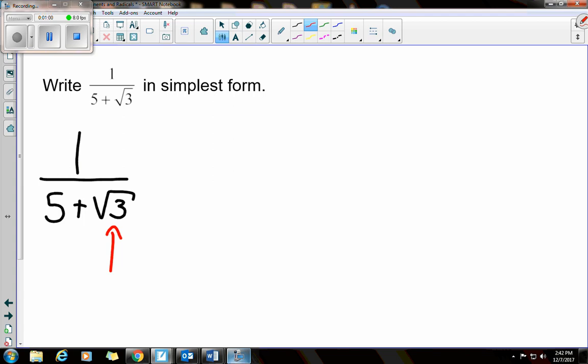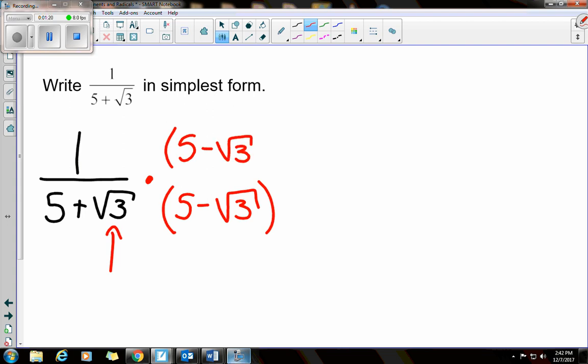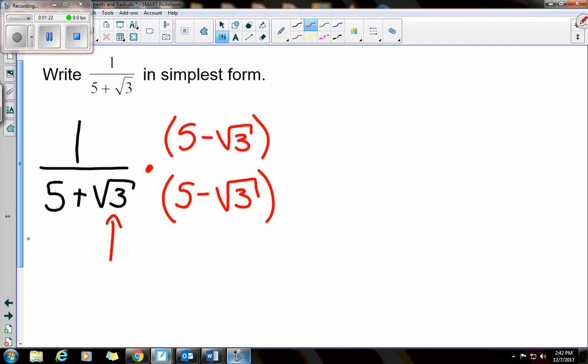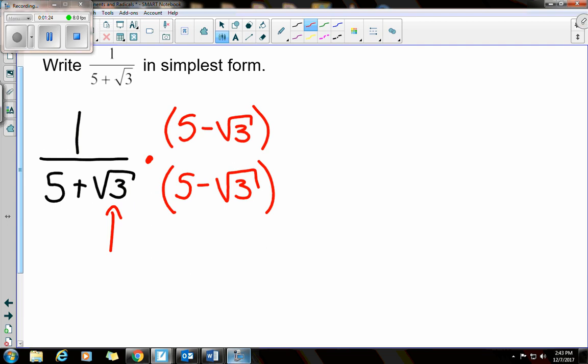Okay, so what we actually have to do is we have to multiply the entire denominator by the conjugate. Okay, that's the only way we're going to get those root 3's to go away. And then remember, whatever you do to the denominator, you have to do to the numerator. Okay, so if we go through and multiply everything together, if we take 5 plus root 3 and then 5 minus root 3,